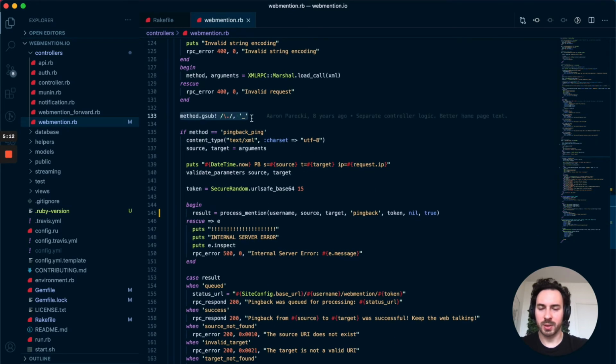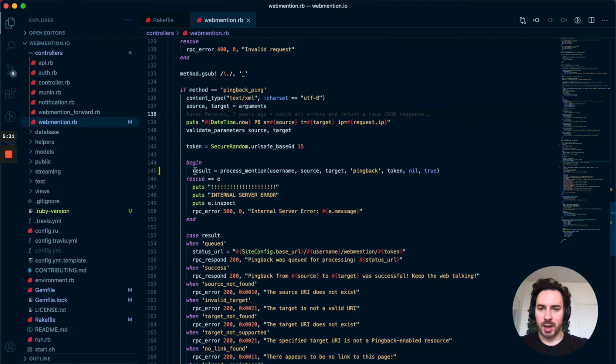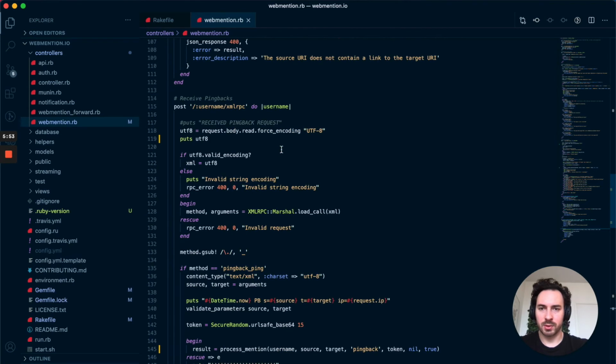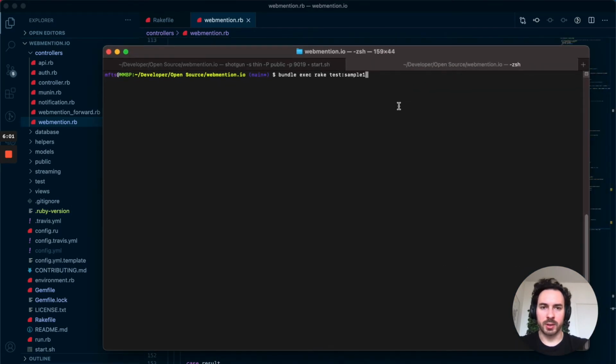Because we're sending XML in this POST request, we're then getting the method. If the method fits, which is pingback.ping, so this is the method right here, then we can parse it and run this process mention. I wish I could just jump around here, but it's this method right here. What this does is basically write something to our database, storing it and creating an account that way. So if we go back to our console, I've got that queued up here, rake test sample 1. If we run that,